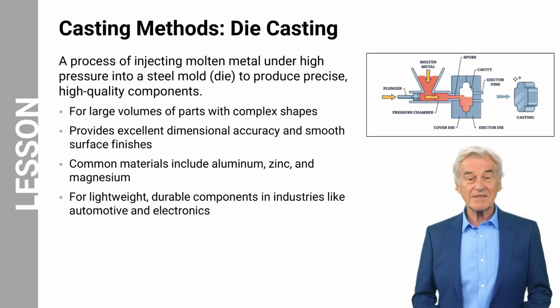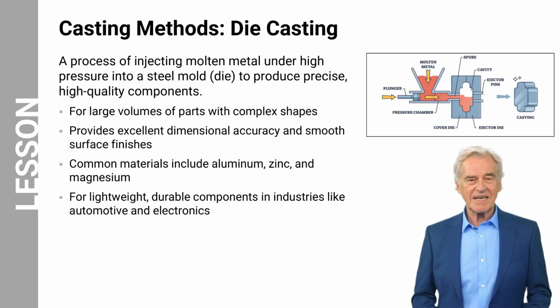The second method is called die casting, a process of injecting molten metal under high pressure into a steel mold to produce precise, high-quality components. This manufacturing technique is specifically designed for producing large volumes of parts with complex shapes, making it highly efficient for mass production. The process delivers excellent dimensional accuracy and smooth surface finishes, making it ideal for components that require minimal